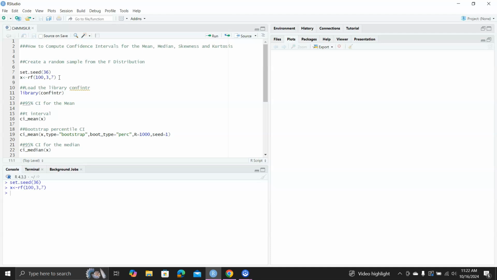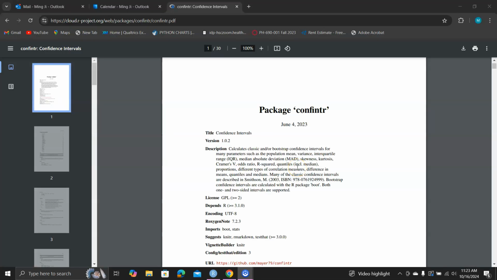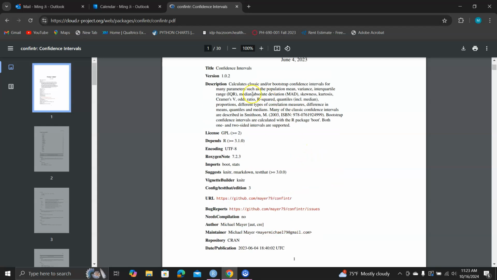And the secret weapon for calculating confidence intervals is the R library called confintr, so confidence interval in R. So I'll bring you to the website. So now I'm at the website of this R documentation for package confintr. Okay. So it says here the description: